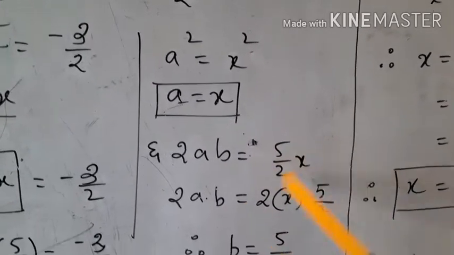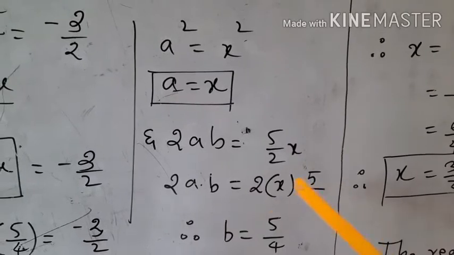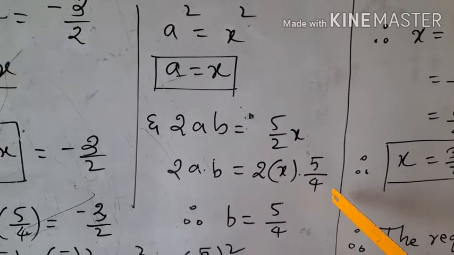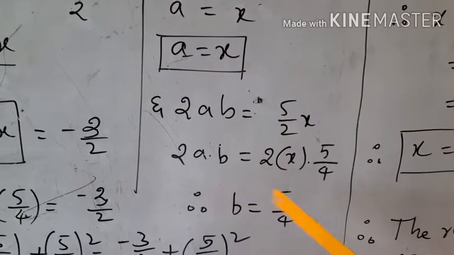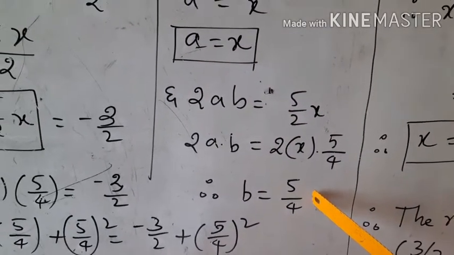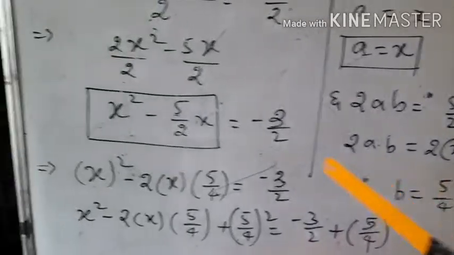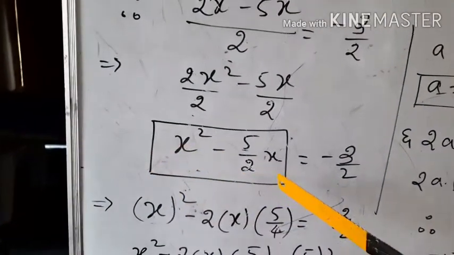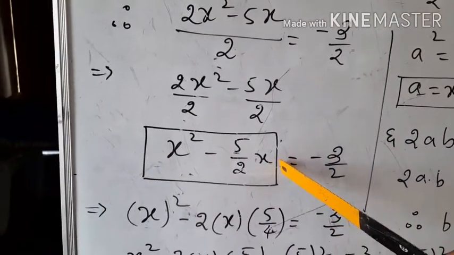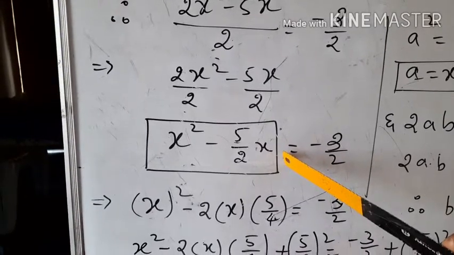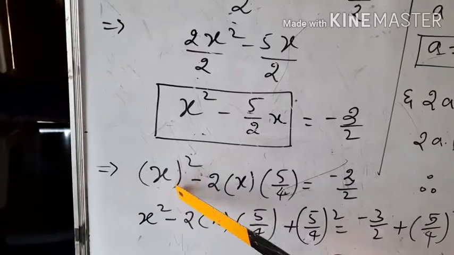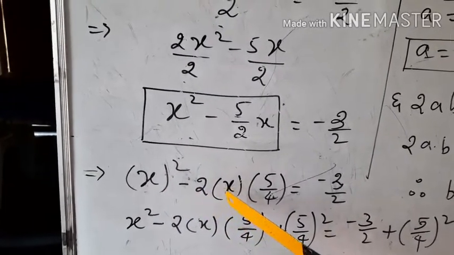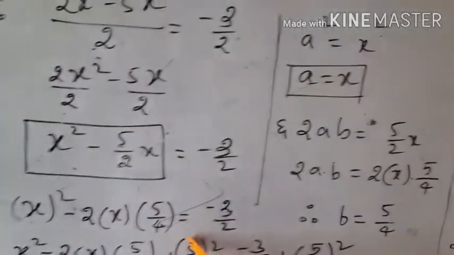Thus 5 by 2x is equal to 2ab, where a is x and b is 5 by 4. Thus we found that a is equal to x and b is equal to 5 by 4. Now it becomes very much easier for us to convert this into a complete square of a minus b the whole square form. Now see here, x square minus 2x into 5 by 4,